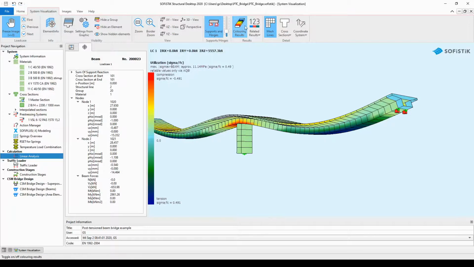With the help of the coloring results button, you can simply turn on and off the results that can be visualized or can be seen on the left side of the screen. And with the button on the right side, you can influence what results to be shown. By default, the utilization of the elements is presented. But you can change this if you click on the arrow button and choose, for example, the stresses to be